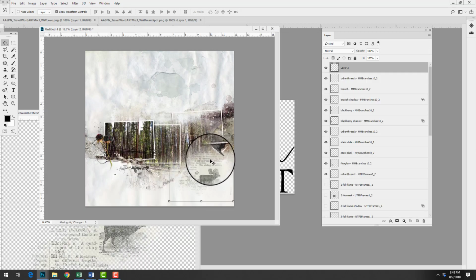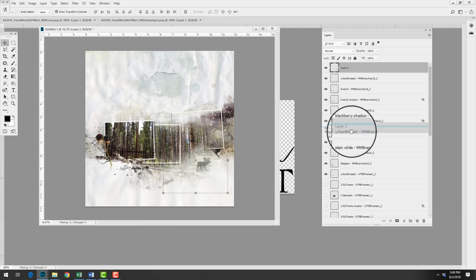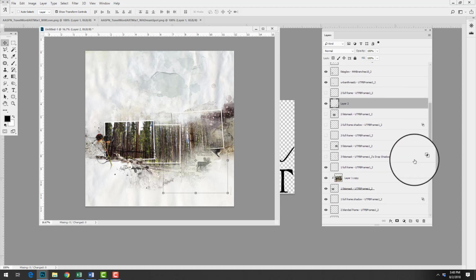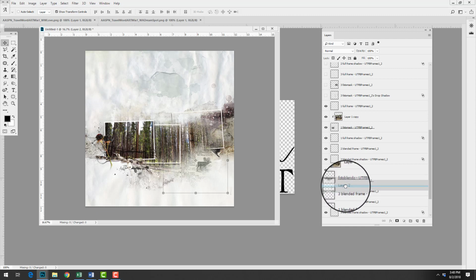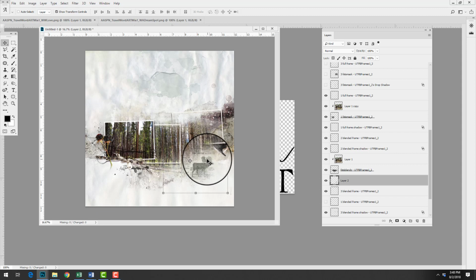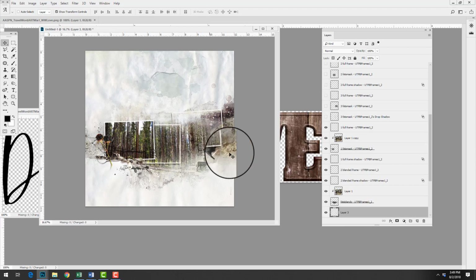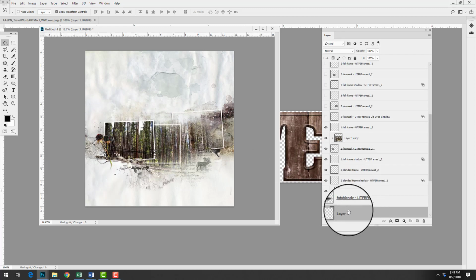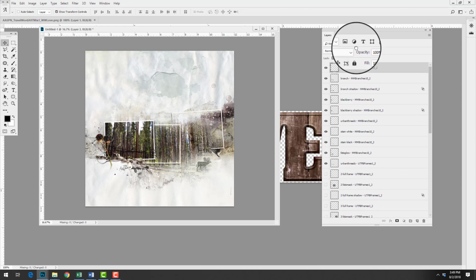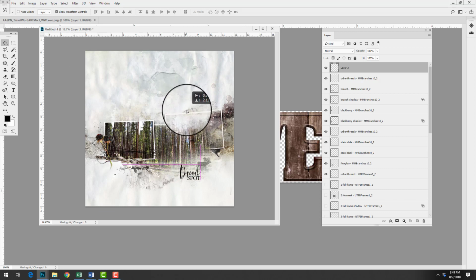So I'm going to drag this onto my paper, and this is where you have the option to move the layers up and down the Layers panel. So it might be that I want to have this transfer so it peeks out from beneath the PhotoBlendz layer, in which case I want to drag that image beneath that PhotoBlendz so that it's positioned that way. And then we can add in the dream spot, and you can see now that that has been introduced directly above that word transfer, which means we can't see it. So that needs to be moved to the top of the Layers panel,